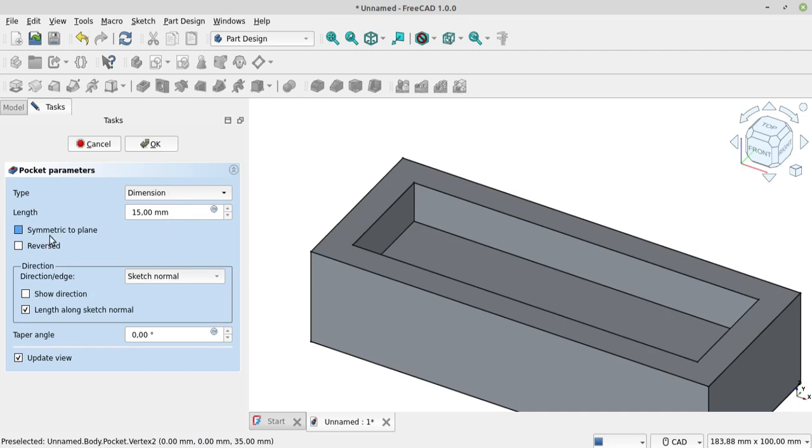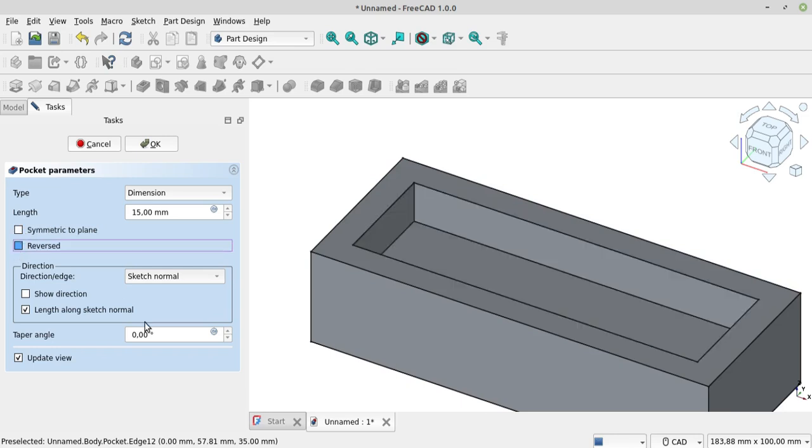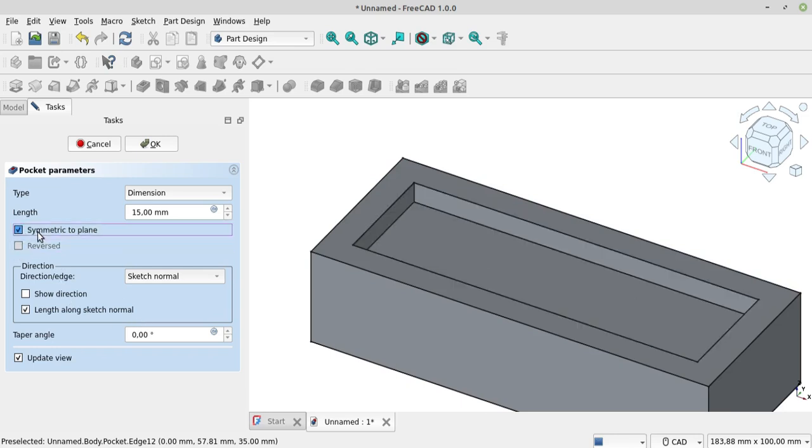You can choose reverse, or symmetric to plane. You can choose a taper angle.